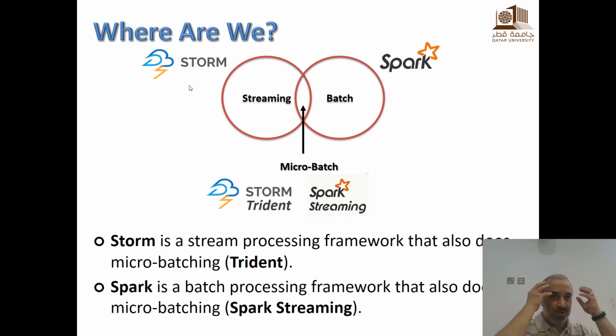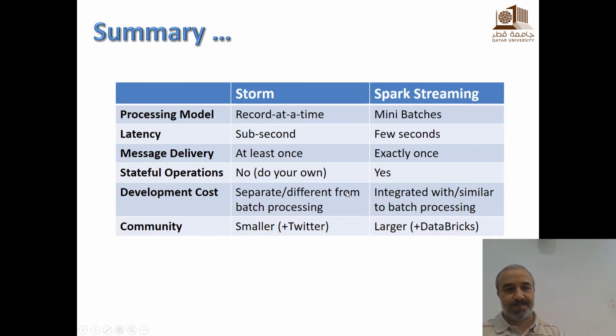Okay, I want you to remember this and then understand it. So Storm originally is a streaming framework, but there is a version of it that's micro batching. Spark is originally a batch processing framework, and there is a version of it that is micro batching, which is Spark streaming.